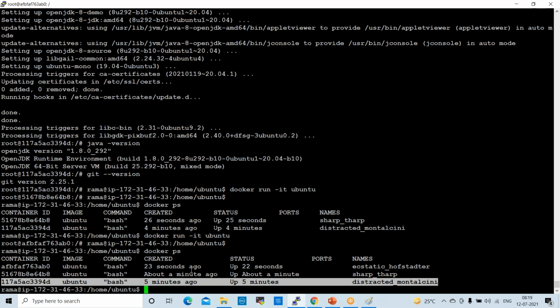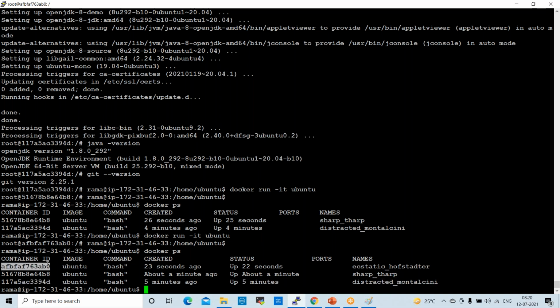If you want to remove any container, first we need to stop the container, then we can remove it.